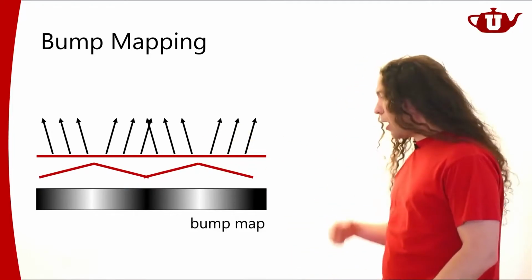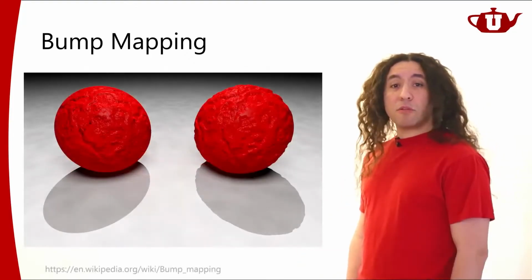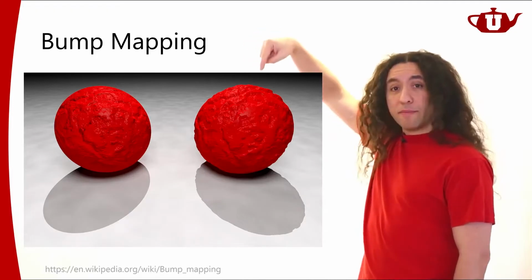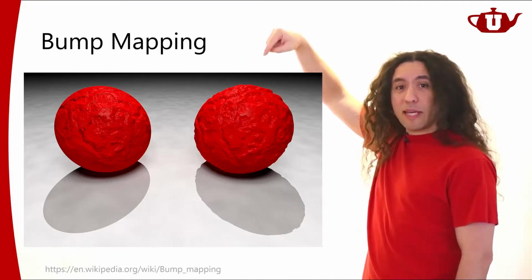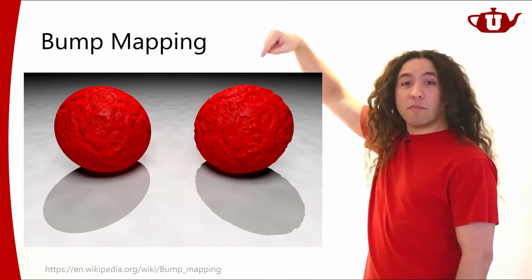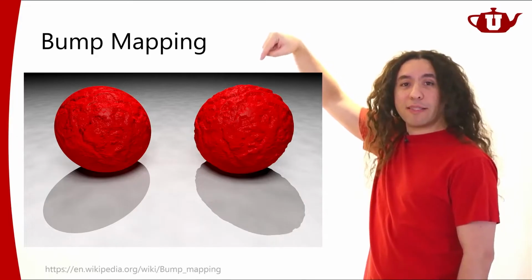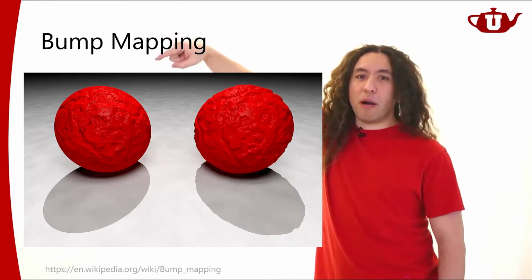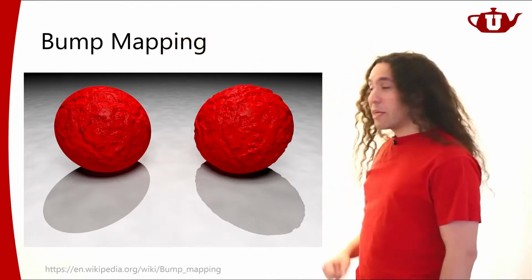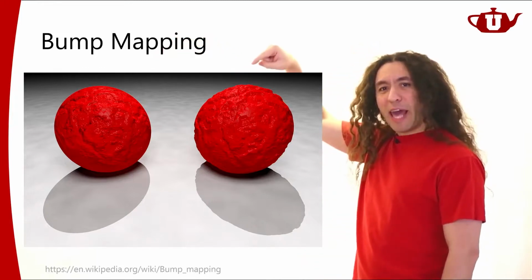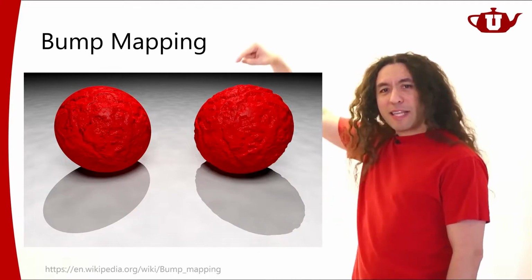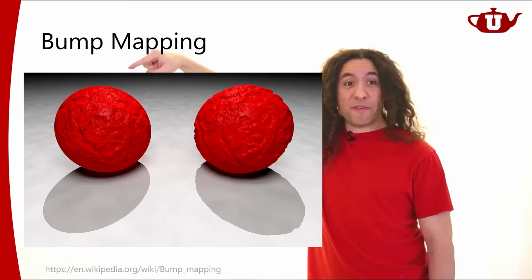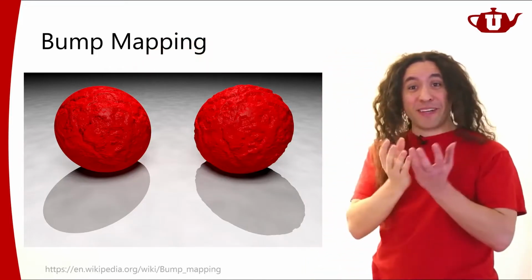And when we apply it on a surface, you sort of get the appearance of it. So this one is an actually tessellated high-resolution model that is deformed using the same height map or the bump map. And this one is just using bump mapping. And as you can see, if you look at the silhouette, if you look at the edges, you will see that this one has some wrinkles around the edges. This one is perfectly smooth around the edges, like it's a perfect sphere.